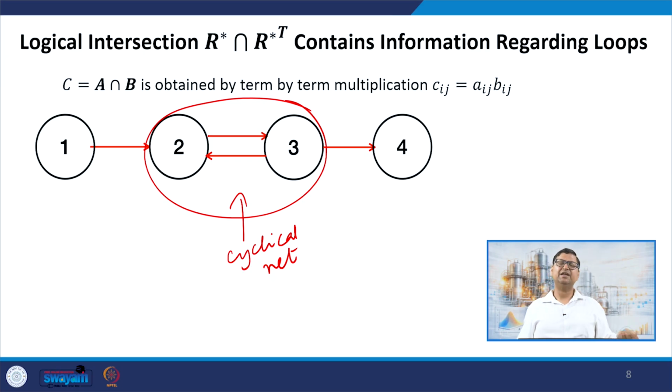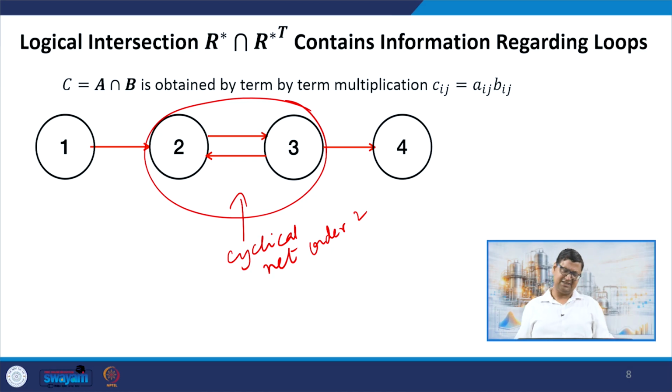It is forming a cyclical net, and this is of order 2. So for these kinds of cases, we have a relation: if I take an intersection of R star with its transpose, this will give me information regarding the loops, and we will see how it gives information regarding loops. So when I say this intersection of two matrices, basically we are doing a term by term multiplication of the